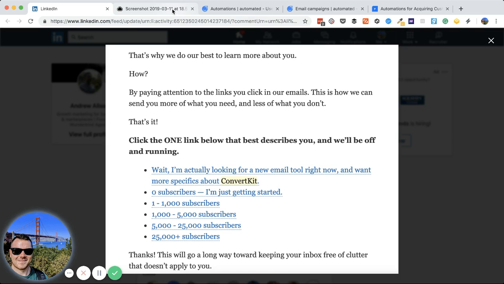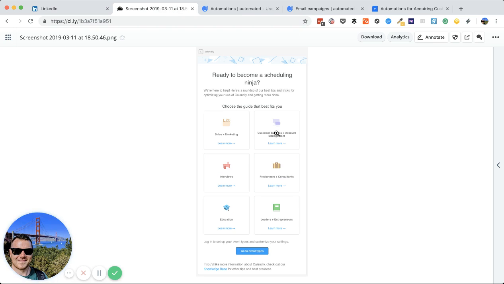So another example of this is Calendly. Now, I recently signed up to Calendly on a new domain that I'm using, and here what they've tried to do is get me to identify which type of person or which type of business use I have for Calendly. So am I sales and marketing, or am I within freelancers and consultants, or maybe I'm a recruiter and using it for interviews. And depending on which link that I clicked on, I was taken to a resource center effectively,